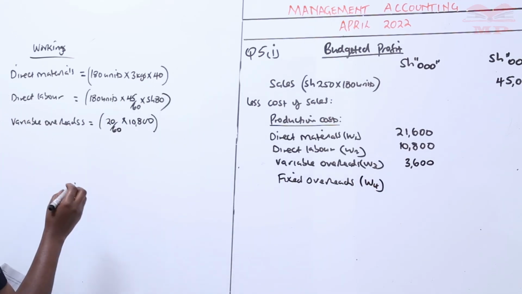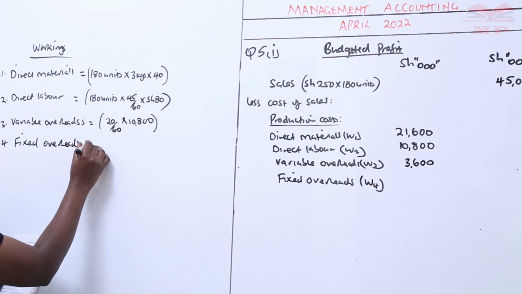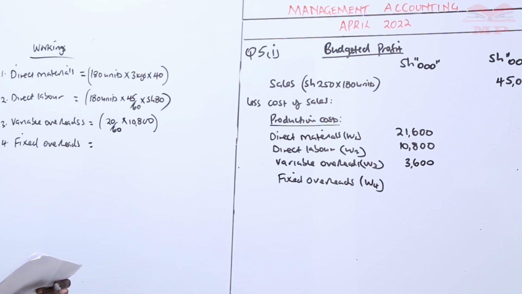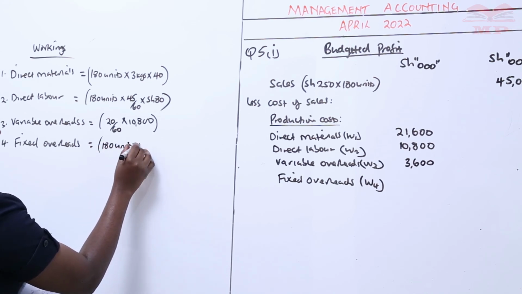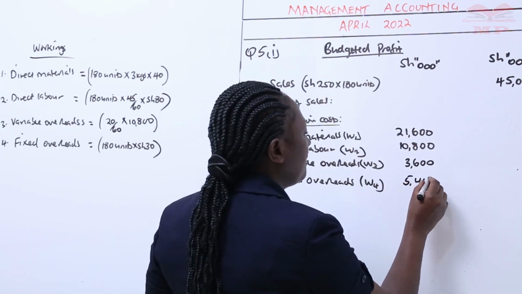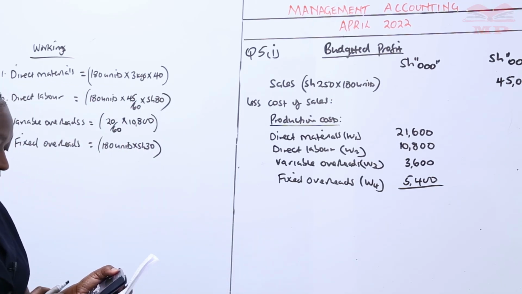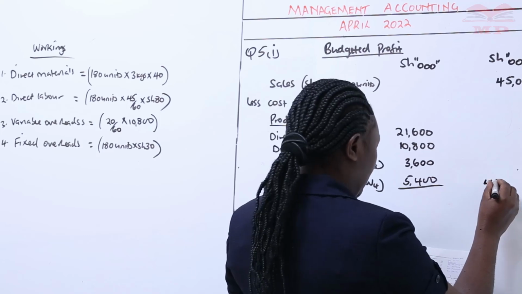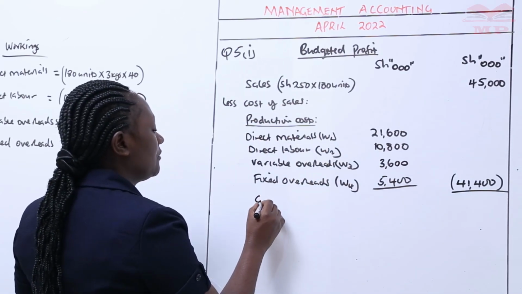This will be working number 4, fixed overheads. We are told that fixed overheads of 30. So the amount of the standard cost was 30. So take 180 units multiplied by 30. And this will be 180 times 30, which is 5,400. We now get the total of that. This will give us 41,400. So this gives gross profit